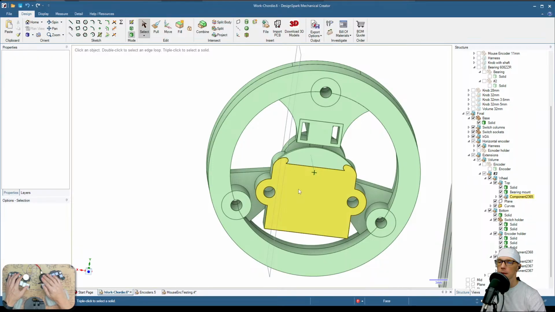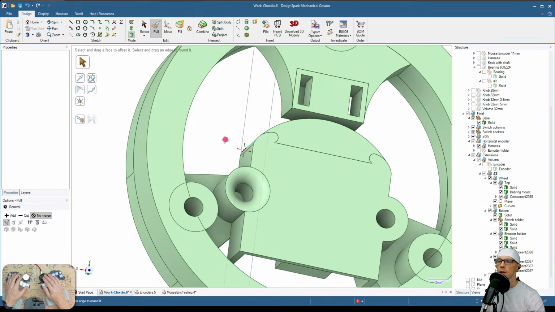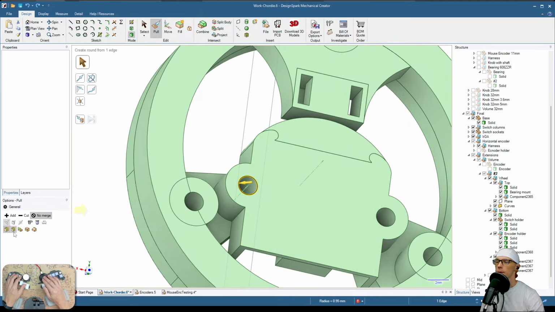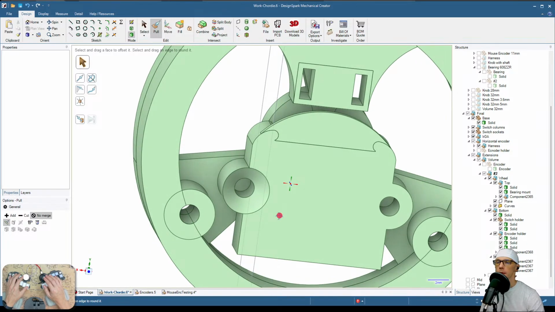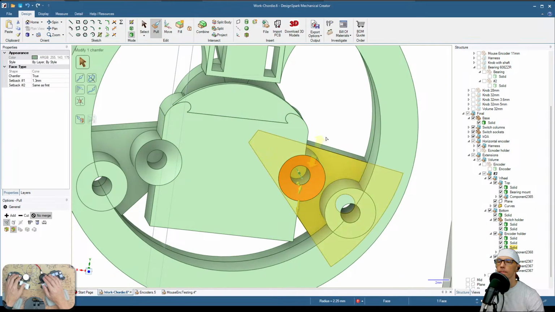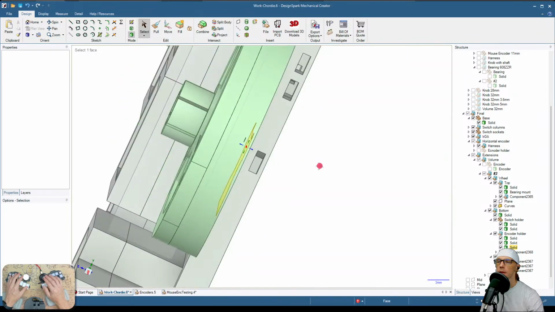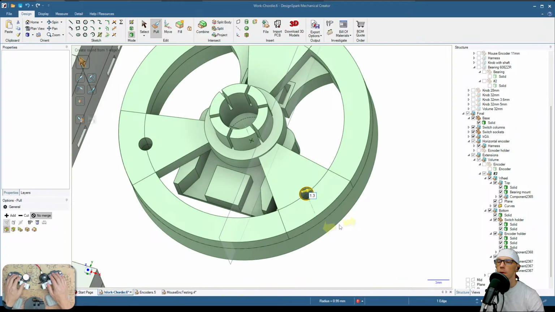Let's take a look. Okay, so this bottom part, if we make it 1.3, not like this, we want to bevel. Okay, so not much space. Might be difficult to print, I suppose. But we didn't really have much choice over here. And this one, if you make it 1.3,